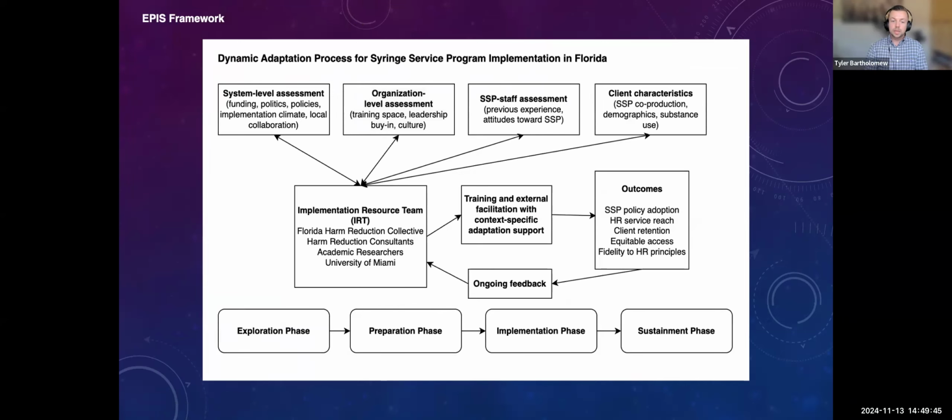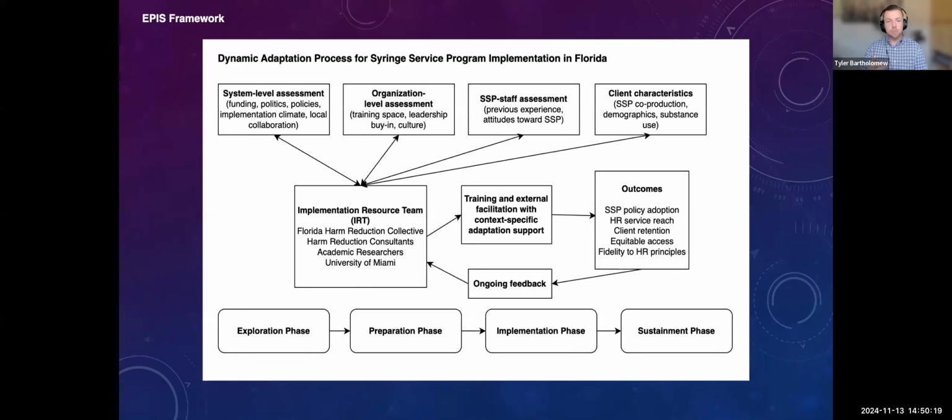So again, we've kind of replicated that dynamic adaptation process, as you see here, where we're doing system level assessment, organizational level assessment, staff assessment at these SSPs, and then client characteristics, collecting information from the SSP clients themselves, where we can then have all this information facilitated to our implementation resource team, which is our community partner, different harm reduction consultants, us as academic researchers, and then we can then do specific implementation strategies across the different phases of